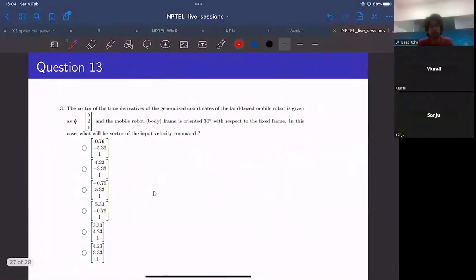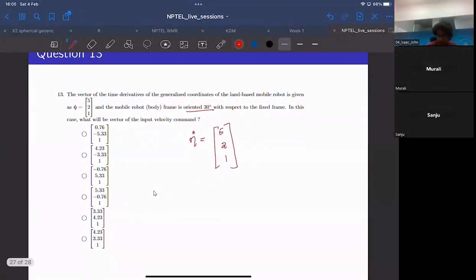And the final problem is a numerical problem. The vector of time derivatives of generalized coordinates of the land-based robot is given as eta dot 5 to 1. So eta dot is given as 5 to 1. And the mobile robot is oriented 30 degrees with respect to the base frame. Again, the sense of orientation is not given in the question. It's again a mistake from the question, actually. So we would again take